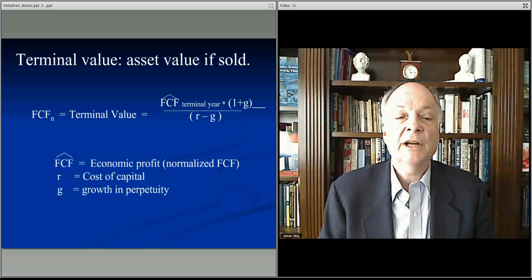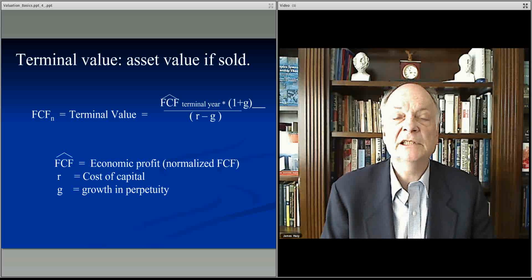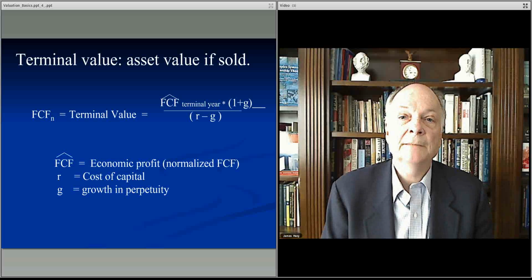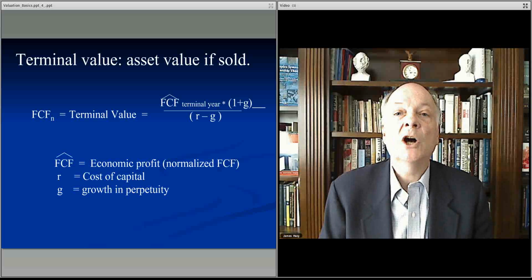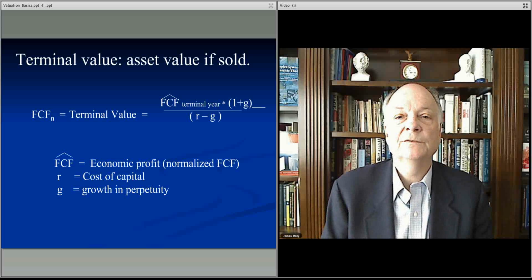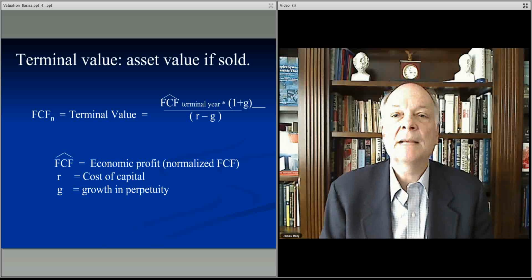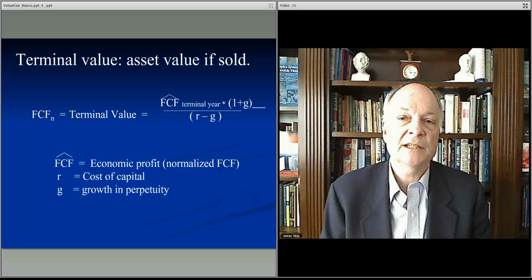But essentially what you have to do is adjust your free cash flow from your last month in the plan, because your year 4 free cash flow in the plan might have some unusual investments in it. You may be not investing in your equipment so you can drive up that 4th year free cash flow. There may be some anomaly in those numbers. So you want to make a normalizer, an adjusted amount for that year 4 cash flow,